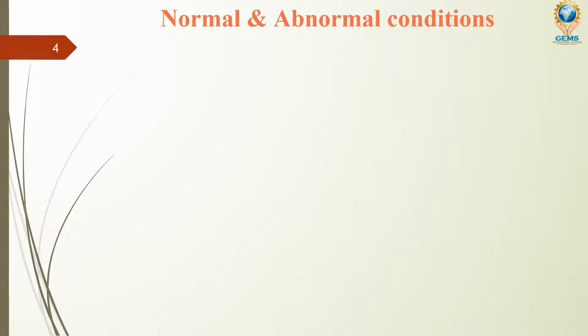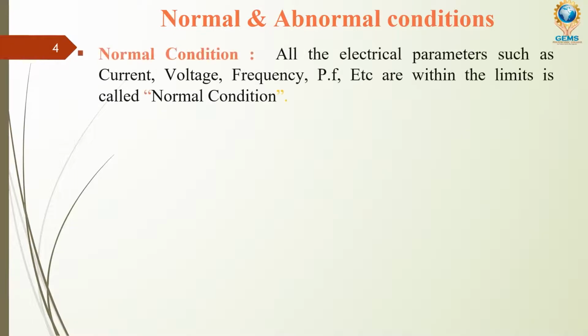Next, we are going to see normal and abnormal conditions. Normal conditions mean all the electrical parameters such as current, voltage, frequency, power factor, etc. are within the limits are called normal conditions. In electricity we have different parameters: current,